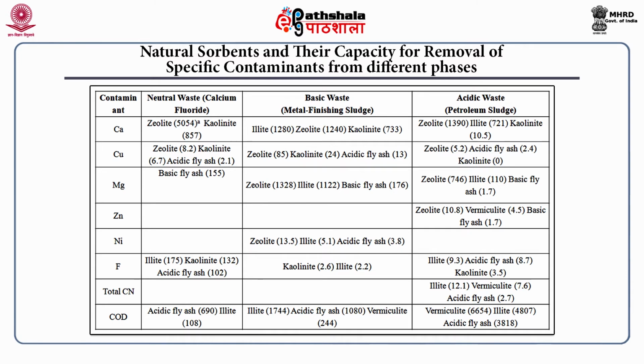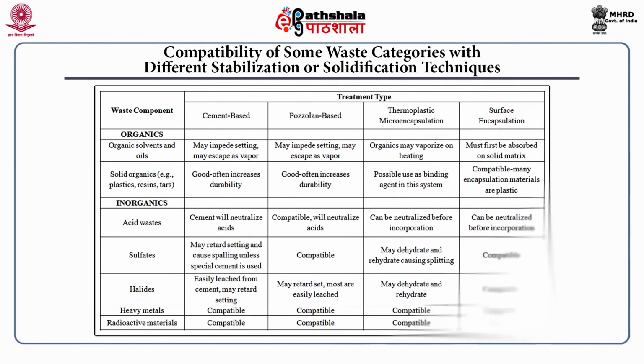different phases. Here we can see calcium fluoride and neutral waste, basic waste and acidic waste. Neutral waste such as zeolites and acidic waste such as acidic fly ash are used to remove calcium, copper, magnesium, nickel, zinc and fluoride. Now here is table 3, which shows compatibility of some waste categories with different stabilization or